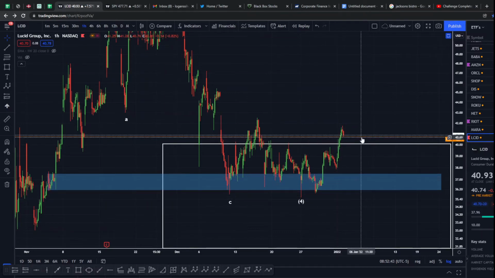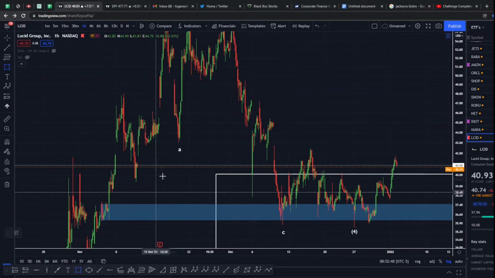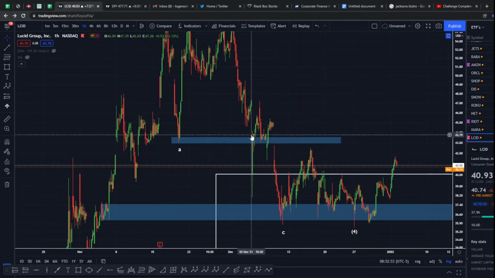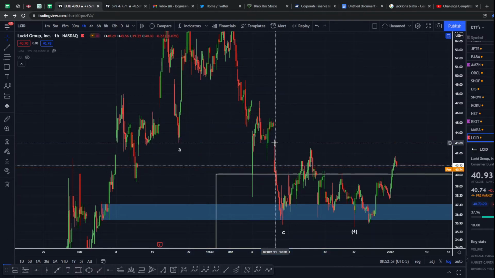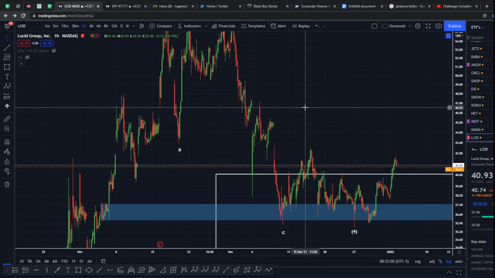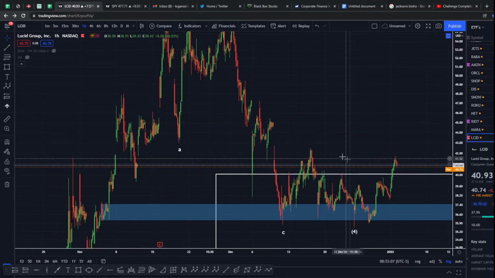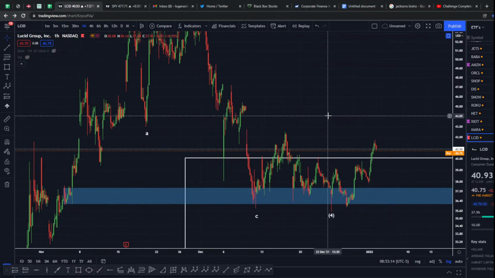These are valid for me until they're broken 2 times. So let me see if I can find an example. Yeah, this is an example right here. Obviously we gapped beneath it, but it broke here, and then it broke here again, on 2 gaps, funny enough. So since it broke on those 2 gaps, would you be able to consider that possible resistance on the way back up? No, I think that's invalid because it broke through twice. See, that's what I thought as well, but I wanted to make sure. Yeah. So then you could still use this level that we're on